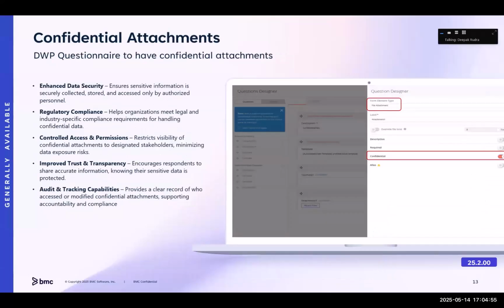Then we had confidential questions for the majority of the question types except attachment. So in this release, we have introduced confidential question as attachment. Again, it works only with business workflows. As you're aware, confidential questions are not available with ITSM. ITSM doesn't have that concept, but with business workflows, you can have confidential attachments now available, and they will be